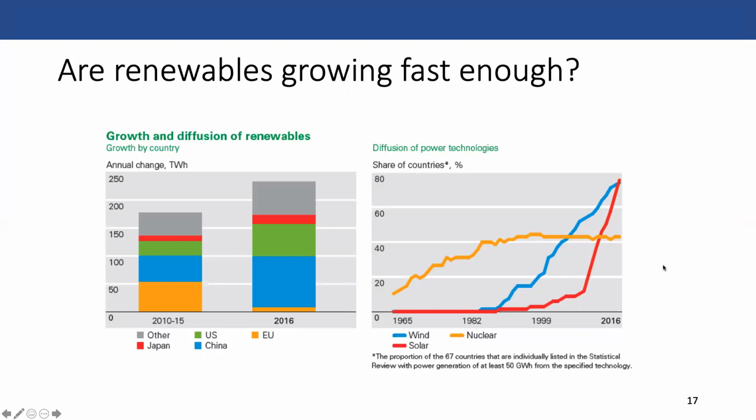And so growth of these things is definitely happening really quickly. And there's just this question of, are we growing fast enough to alleviate the pressures from climate change mitigation, or to assist in climate change mitigation and alleviate pressures in raising global temperatures, alleviating sea level rise, ocean acidification, all of those factors.